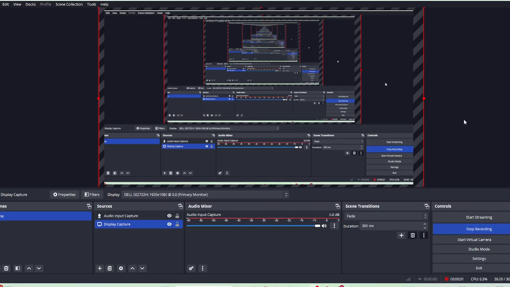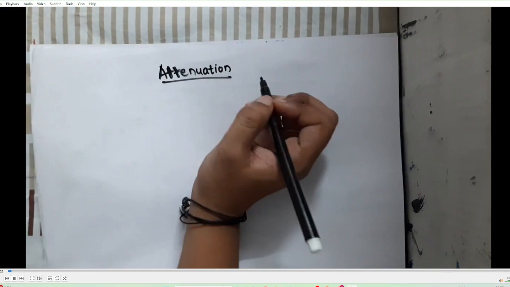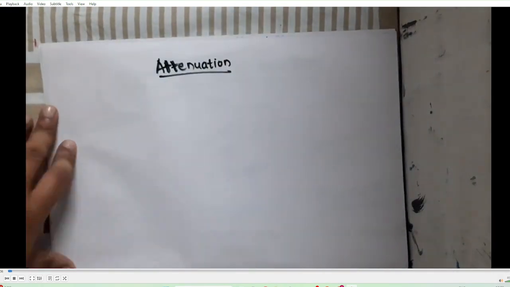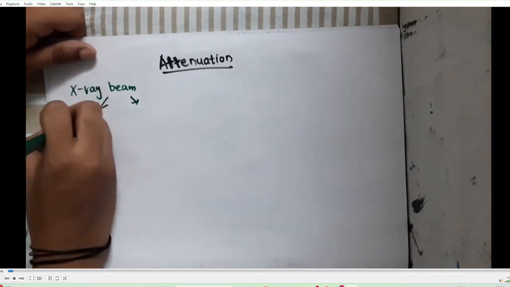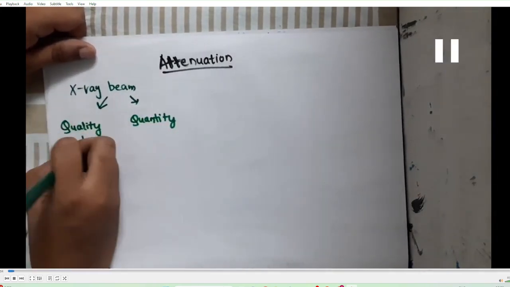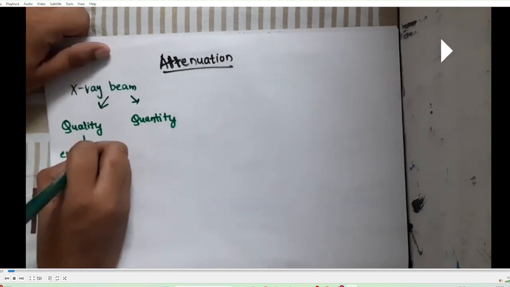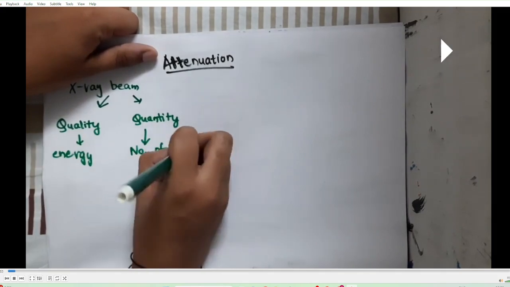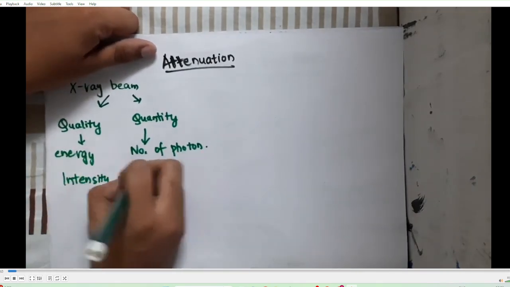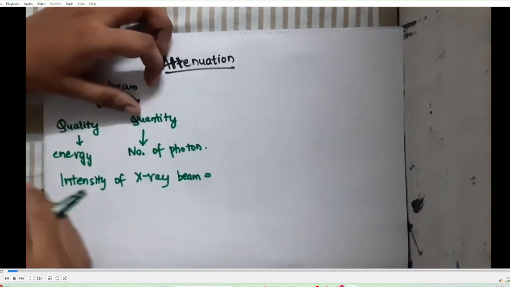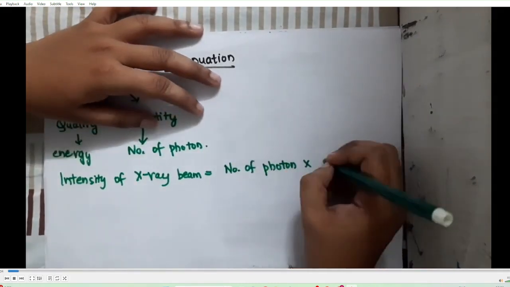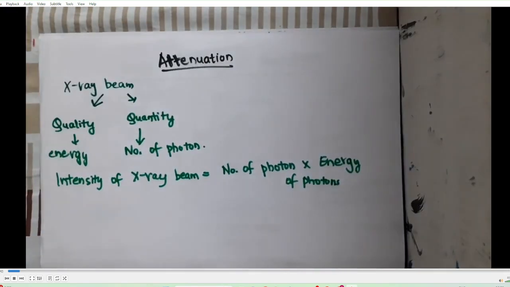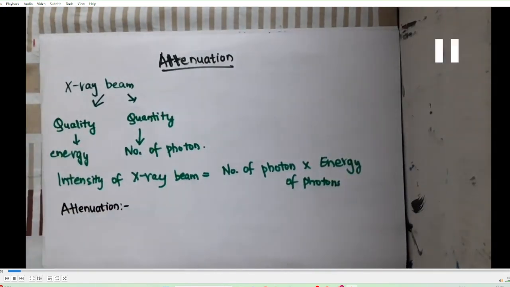Hello friends. Let us now learn some important points about the attenuation. In the attenuation, quality and quantity are the two terms used to express the characteristics of an X-ray beam. Quality refers to the energy of the X-ray beam, whereas quantity refers to the number of photons in the beam. The intensity of an X-ray beam is the product of number and energy of the photons. So it depends on both quality and quantity